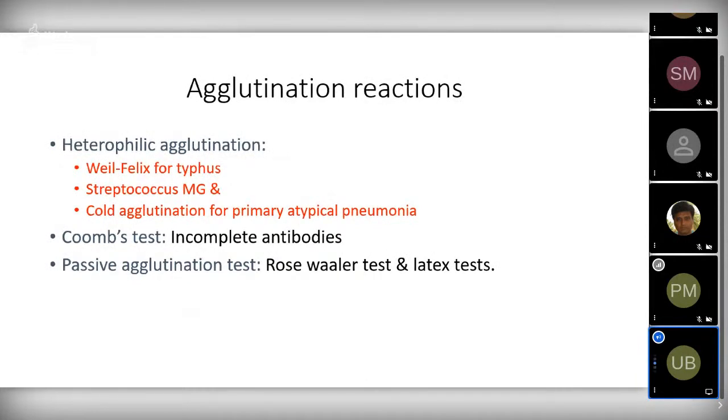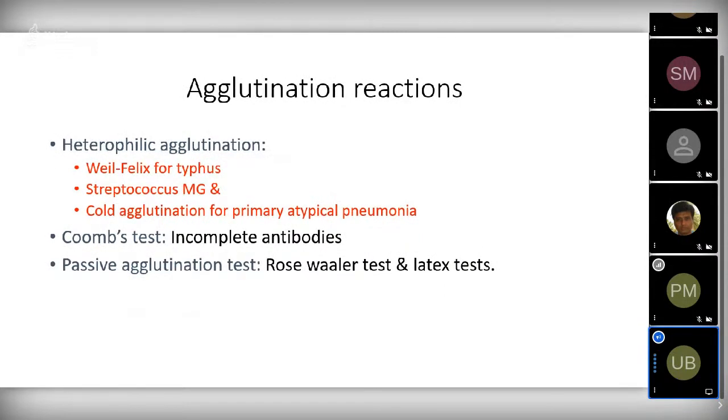So that property is utilized. So the antigen of Proteus vulgaris is used to detect the antibodies produced against typhus group of rickettsial diseases. The same way, Streptococcus MG and cold agglutination test for primary atypical pneumonia, where the heterophilic agglutination is mainly based